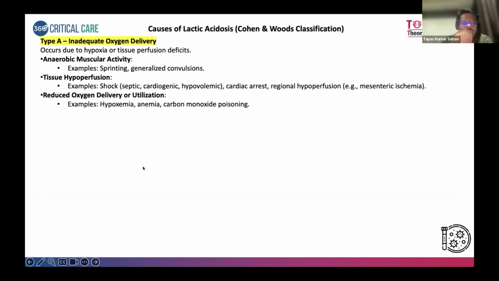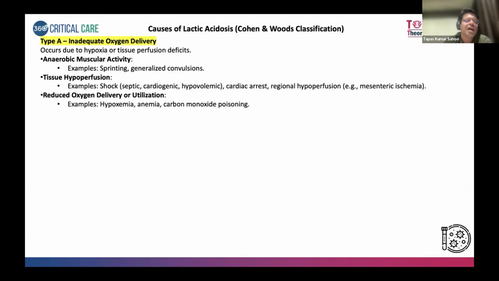Now, again, what are the types of hyperlactatemia or lactic acidosis? So you can see here the causes of lactic acidosis, the Cohen and Woods classification that you need to remember. What is Cohen and Woods classification? That would include two types, type A and type B lactic acidosis. Type A is primarily due to inadequate oxygen delivery, and that occurs due to hypoxia or tissue perfusion deficit,